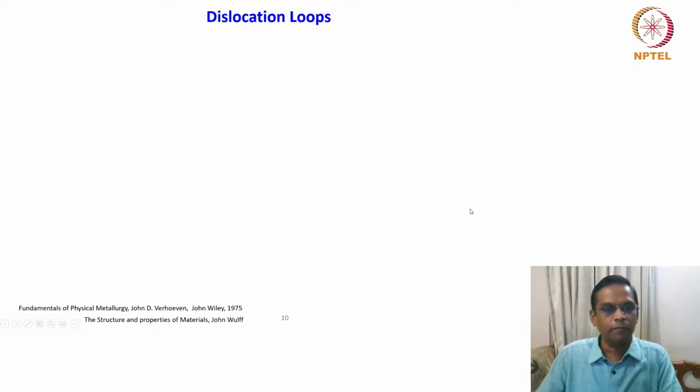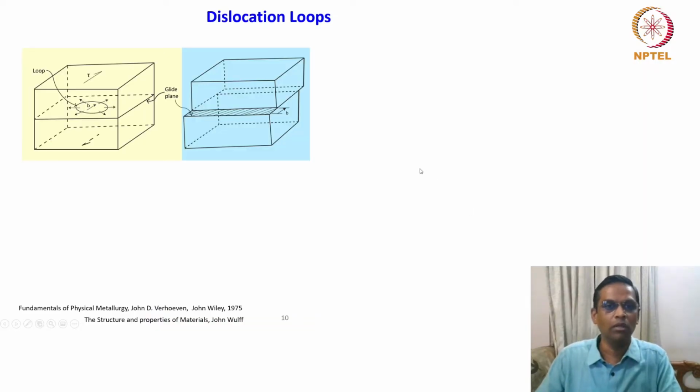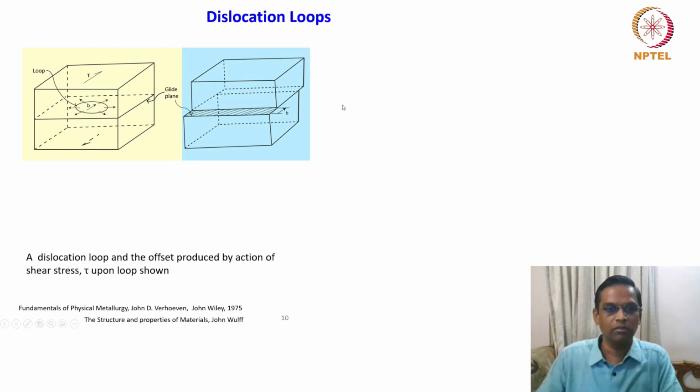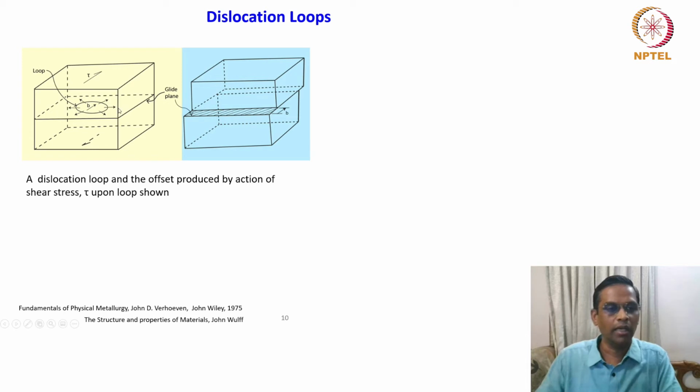And it is not that types of geometries alone. There is something called dislocation loops, which is more realistic. Suppose you see that a crystal contains a dislocation loop like this, how do we understand this? Suppose this is a glide plane. Glide plane we know now where the dislocation moves easily. So this is a shear stress direction. And suppose this is a loop. And then how do we understand this Burgers vector here? The Burgers vector is marked like this.